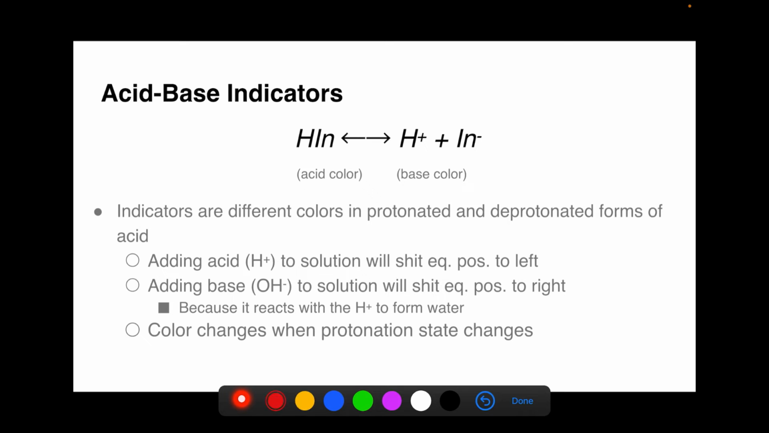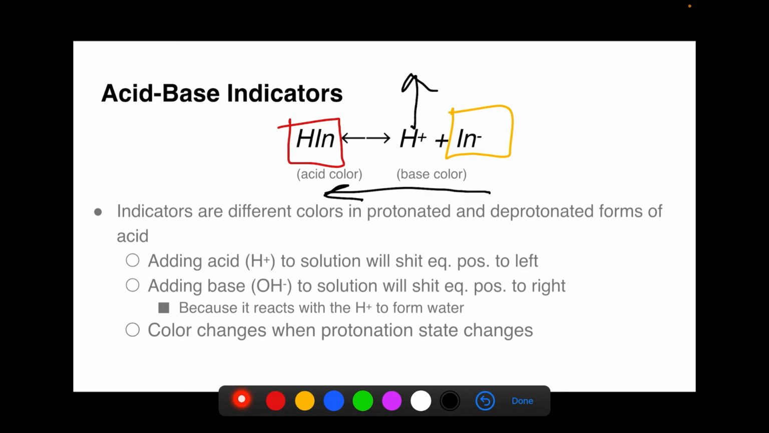For instance, if this indicator were methyl red, it would be red when it's protonated and yellow when it's deprotonated. We can use Le Chatelier's principle to understand how this system works. If we add acid to this system, we're increasing H+, causing our equilibrium position to shift left. Therefore, we'll have more protonated indicator than deprotonated indicator, and the color will be red, which is the color that